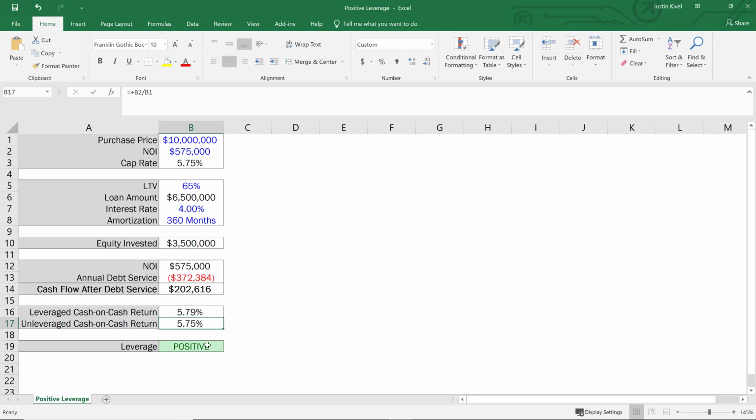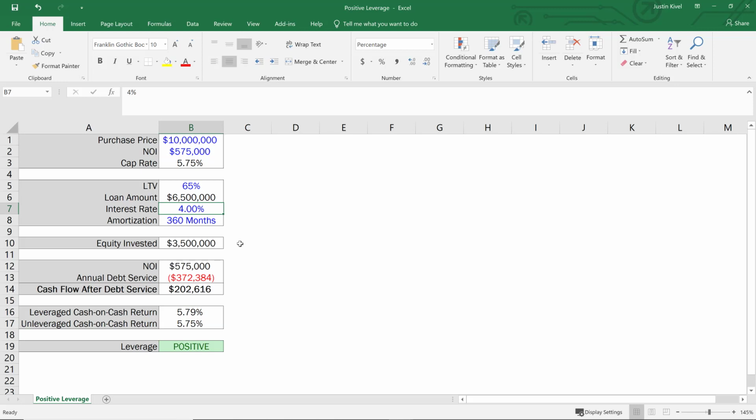Now what you'll see is that I've built a formula in here to calculate if we have positive or negative leverage. Now positive leverage is going to occur when that leveraged cash on cash return is greater than the unleveraged cash on cash return. So our cash on cash is greater when we include debt on the property, taking into account our annual debt service. Now we'll have negative leverage if this leveraged cash on cash return is less than the unleveraged cash on cash return. So what if I change my interest rate in this scenario